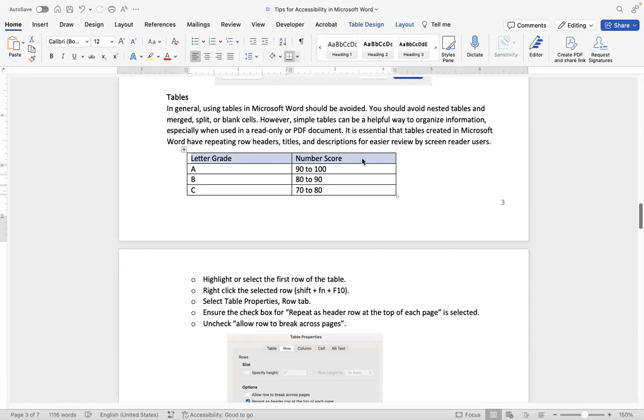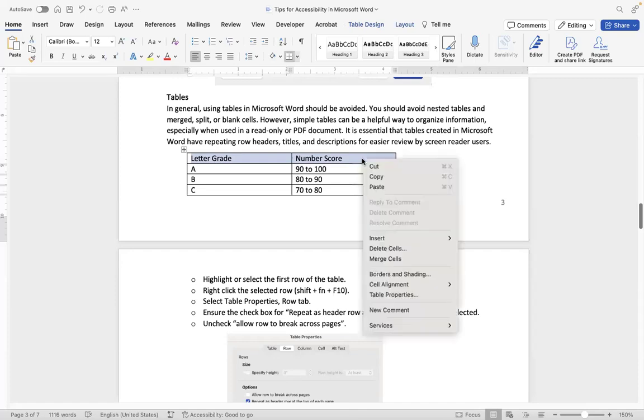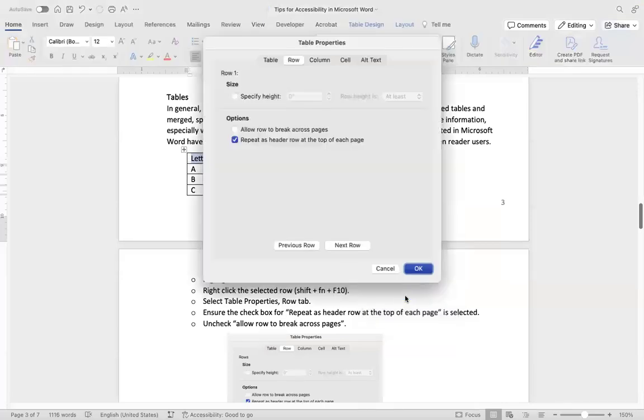And I'm going to right click, and again, that's Shift plus FN plus F10, and I'm going to select Table Properties, and I'm automatically in the Row tab of the Table Properties pop-out menu. This is important.